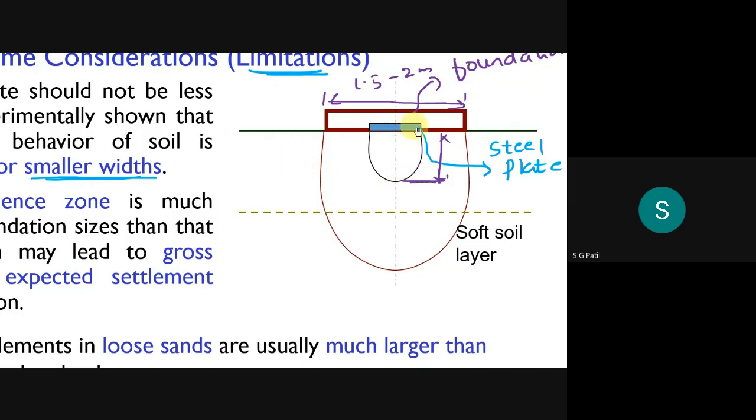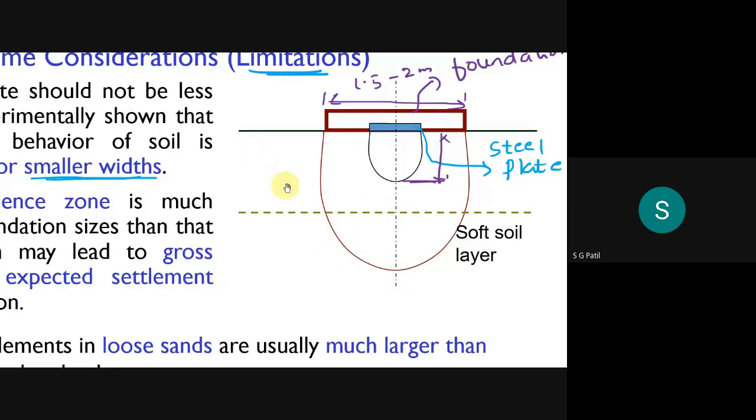You will get that based on the plate load test. Now I will think that the soil is very good because I'm getting a very good ultimate load bearing capacity with the help of this plate load test. Now I will put in the actual foundation. But your actual foundation width will be 1.5 to 2 meter, which is a very high dimension compared to your plate. Then what is the influence zone of this actual foundation? This is your influence zone. So usually the depth of influence will be almost 1.5 to 2 meter.